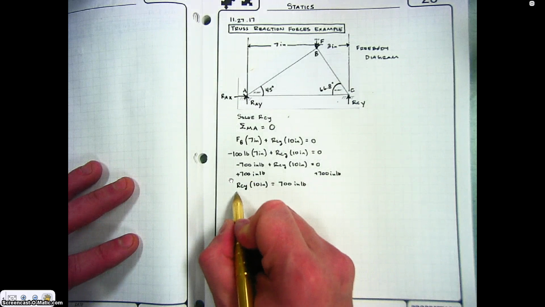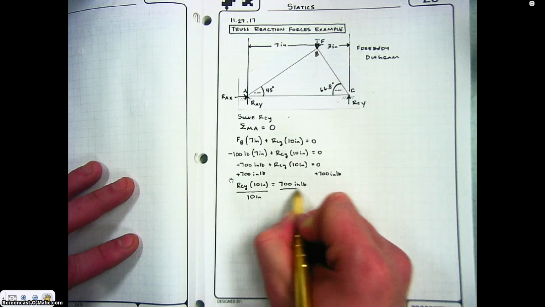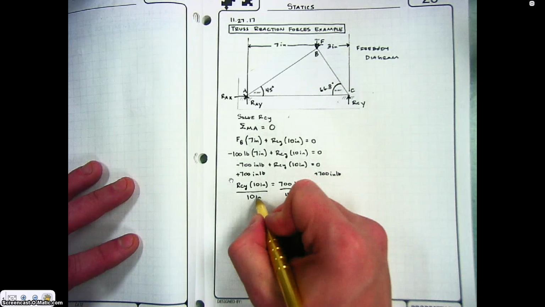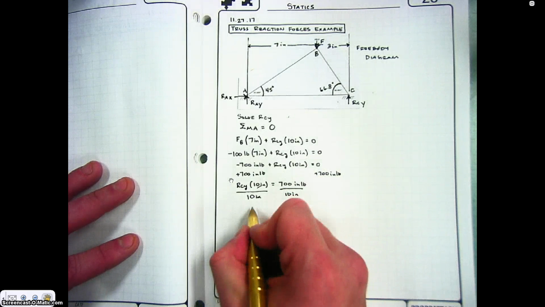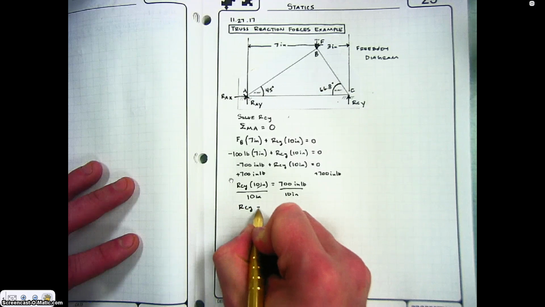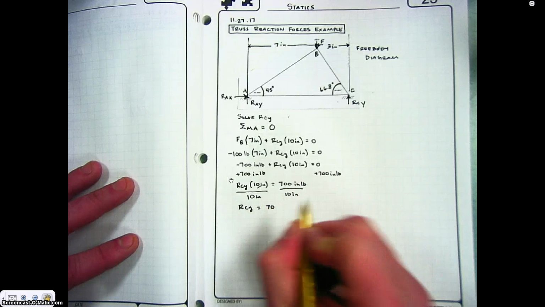Now to get RCY by itself, I'll divide both sides by 10 inches. Inches cancels out, and I get RCY is equal to 70